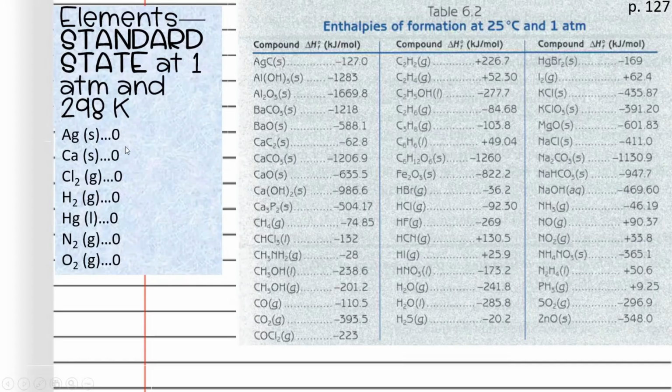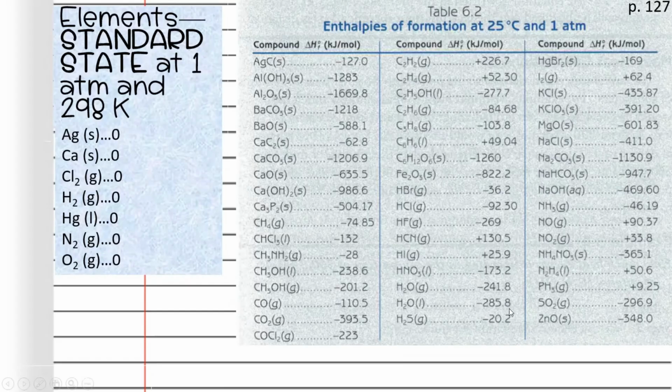So if you see silver or calcium or chlorine gas, hydrogen gas, mercury liquid, nitrogen gas, oxygen gas, any element that's just the plain element, its enthalpy of formation is going to be 0 kilojoules per mole. So the hydrogen gas plus the oxygen gas, both of them were 0, and producing the liquid water was negative